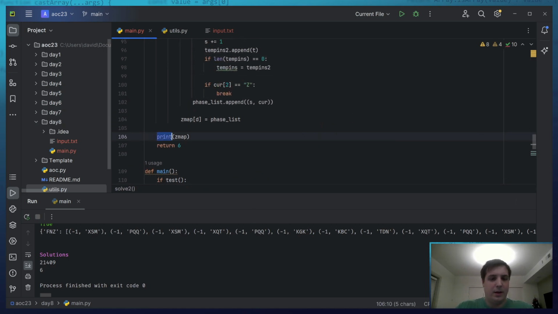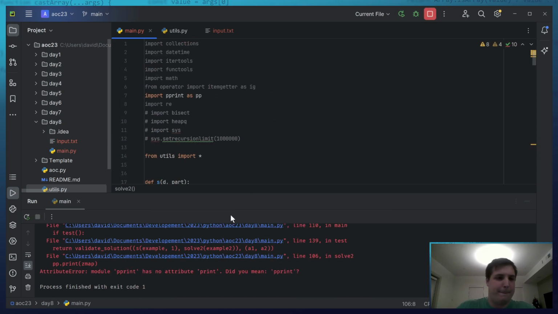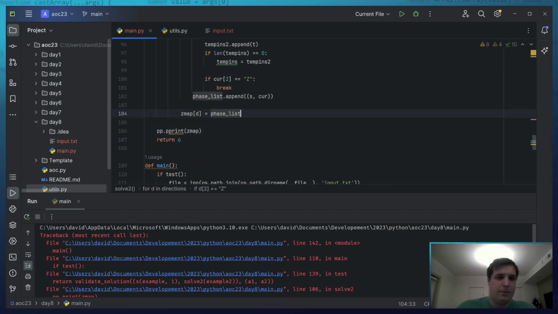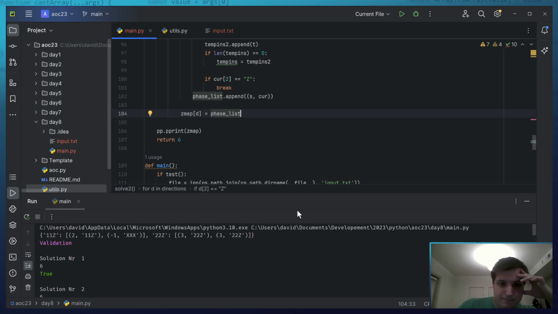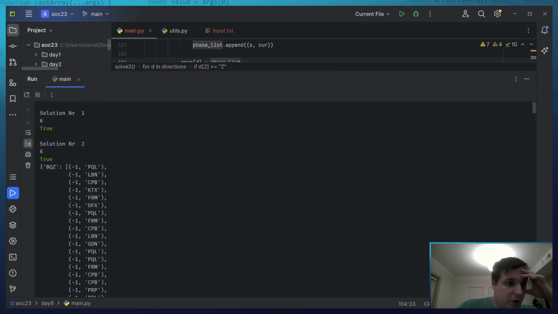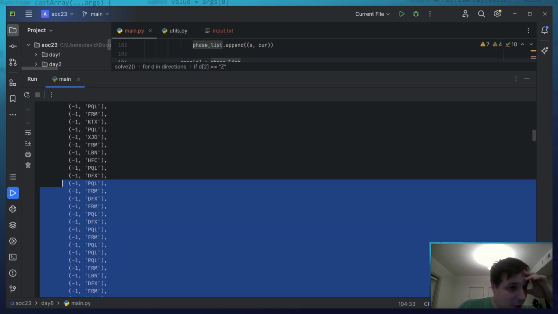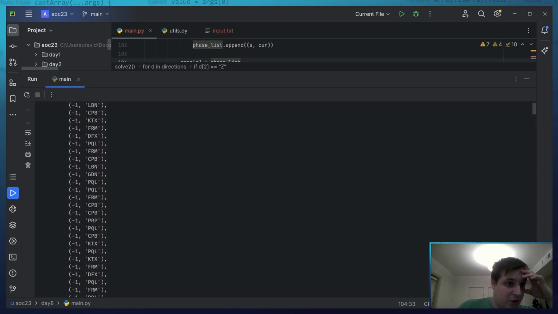This is where I like to use pp, pretty print. pp.pprint. There we go. So you see already, creating this is way easier, and you see how many paths there are that don't actually do anything.